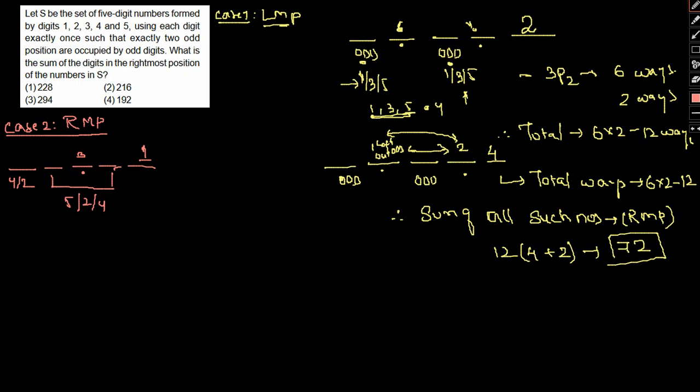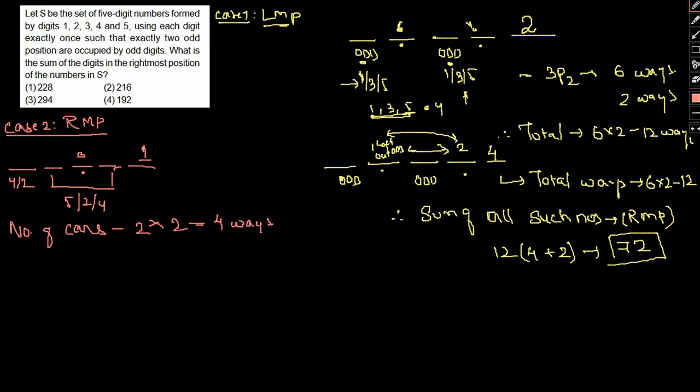I hope this particular case is considered. So this can be done in how many ways? So the number of such cases would simply be 2 into, because 1 and 3 can be placed in 2 ways only, and 5 and 4 that can be placed in 2 ways as well, or 2. Okay, so 2 into 2, this can be done in 4 ways.